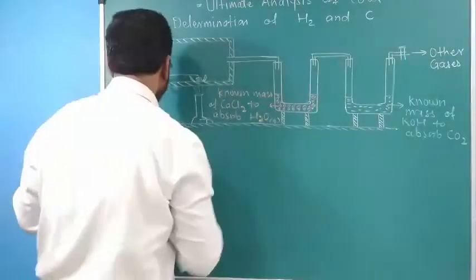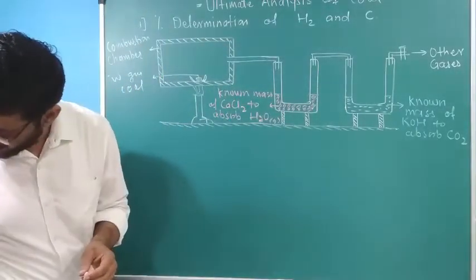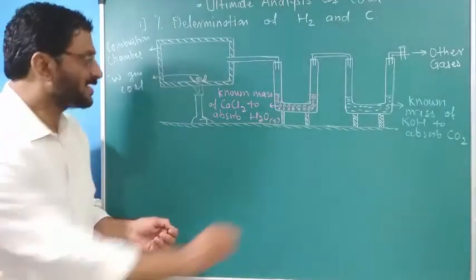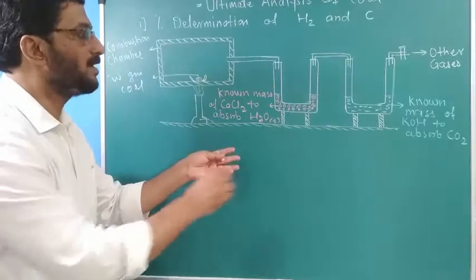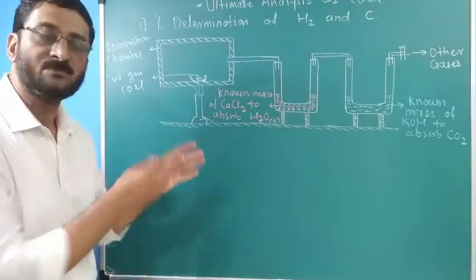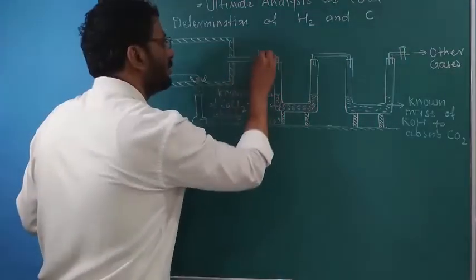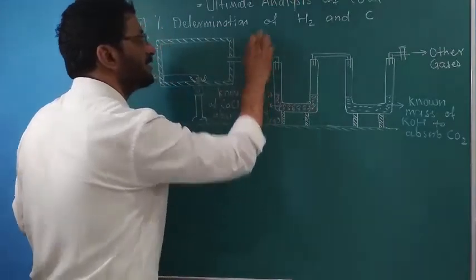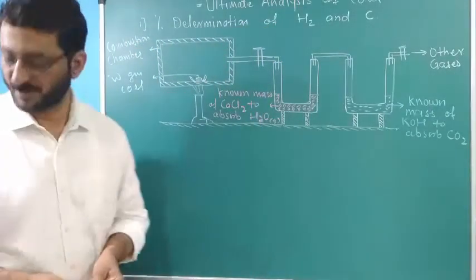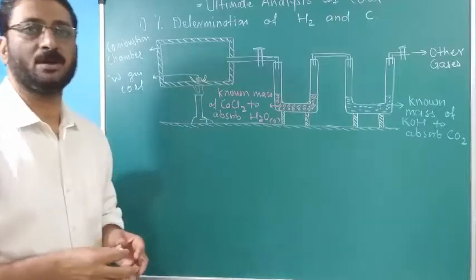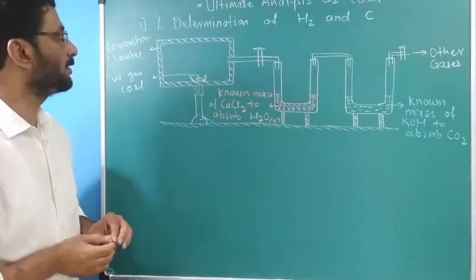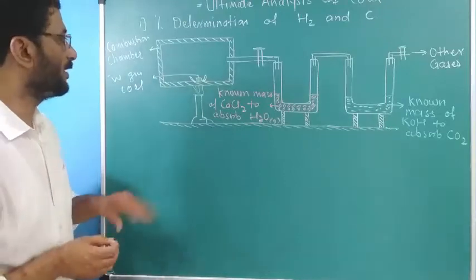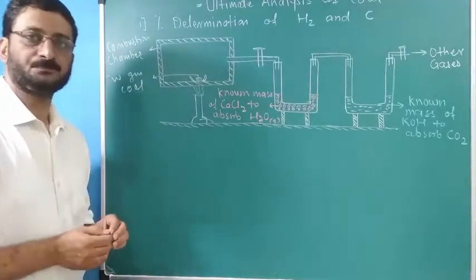To find the percentage of carbon and hydrogen. As far as the exam is concerned, you may get a 4 to 5 marks short note on this, or there may be a numerical of 3 marks separately on carbon and hydrogen, or maybe a combined numerical on ultimate analysis, maybe even 4 marks or 5 marks. Okay, go to the method.